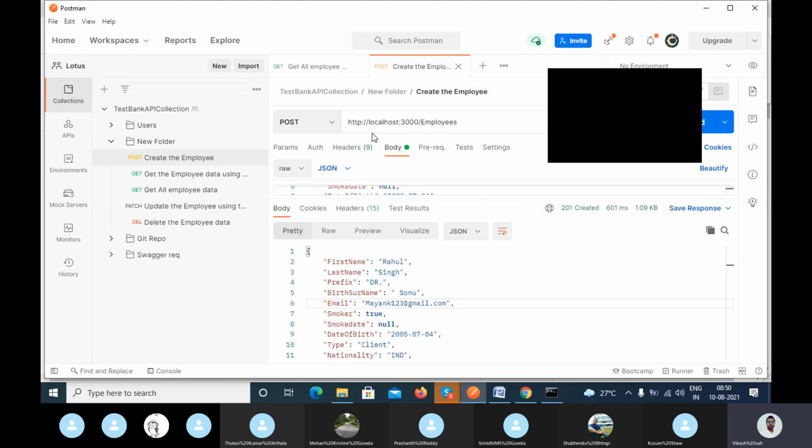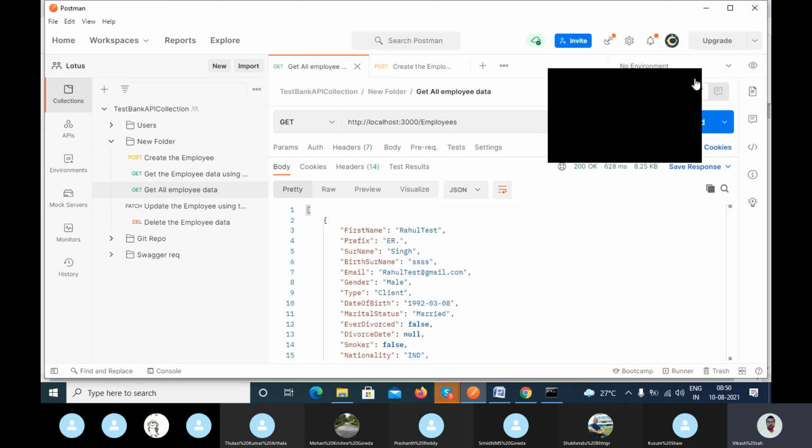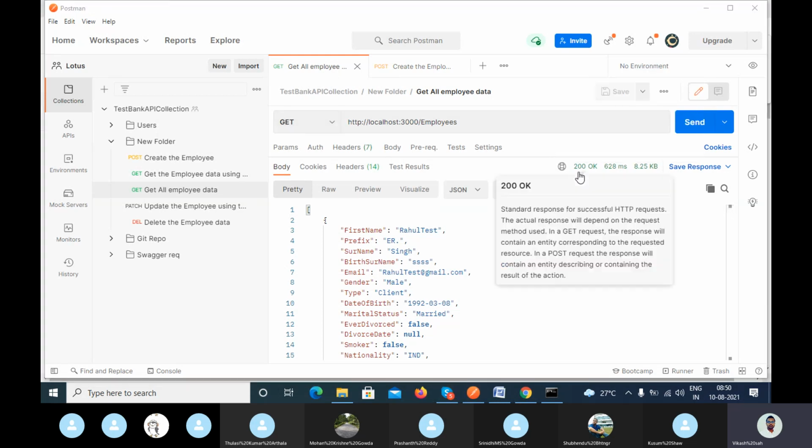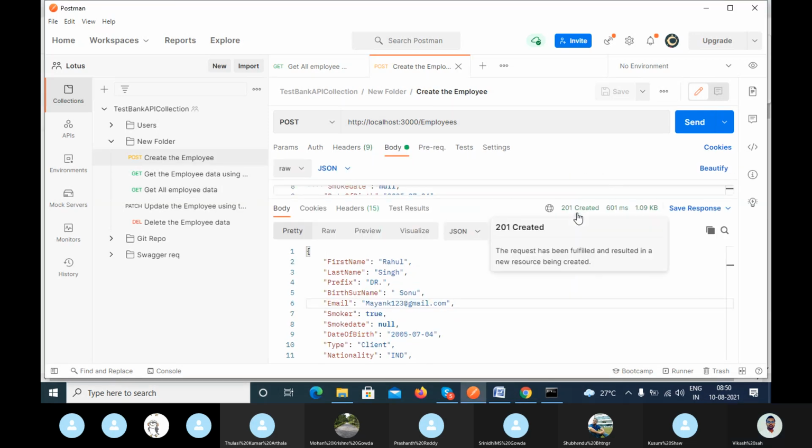Okay, in the case of the POST method, but in the case of the GET method, you have to only use 200 OK, not 201, because 201 is created. 200 can be used for created or deleted, depending on the requirement.